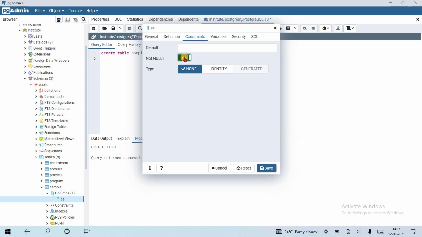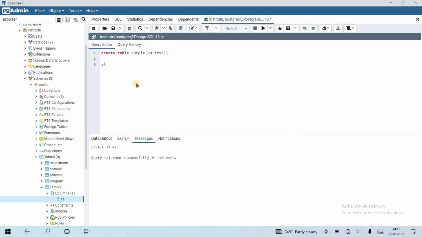I can change it from here, or I can write a query. To add the constraint: alter table, table name is sample, add constraint. Okay, the constraint name is not null. Or sorry, this we can do with the set keyword.